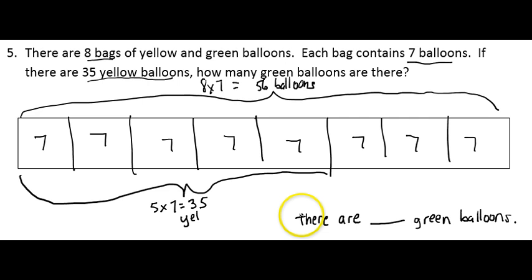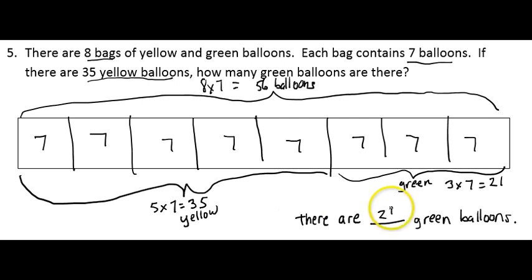That's my yellow balloons. And that means that the leftover sections would be my green balloons. Since I have 3 sections left over, and they're each worth 7, 3 times 7 is 21, so there must